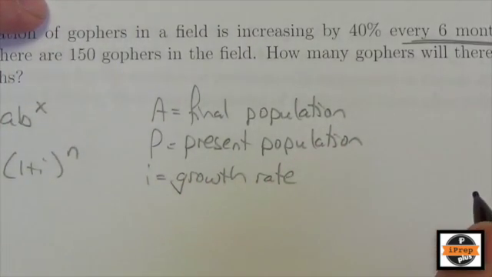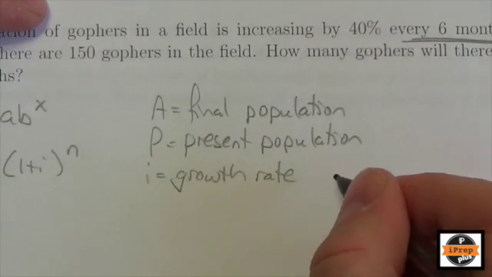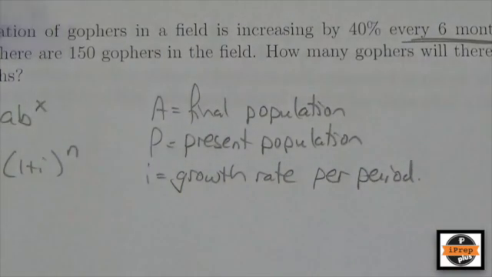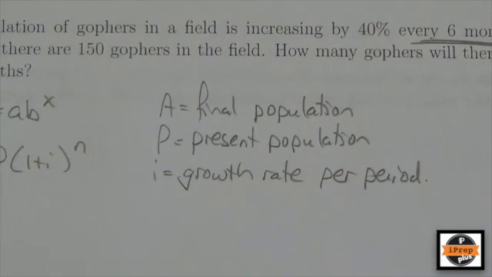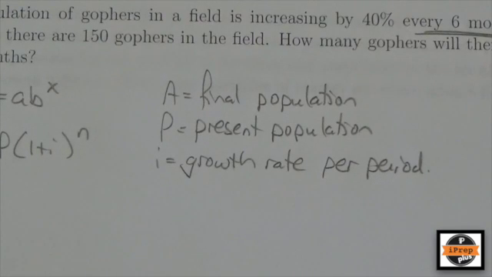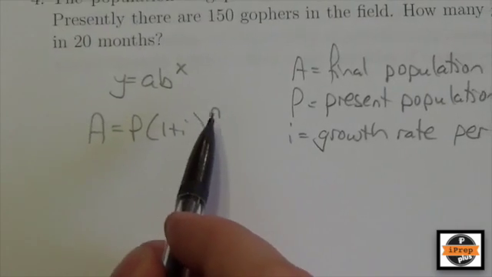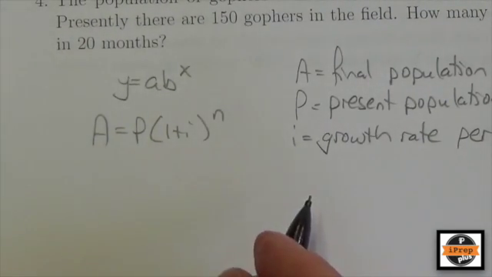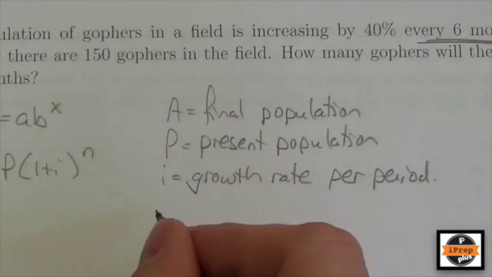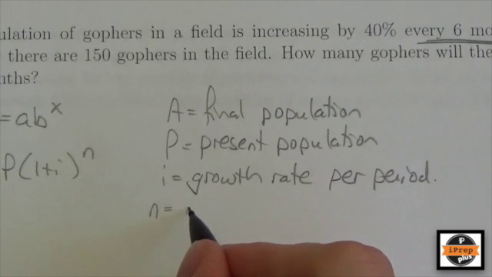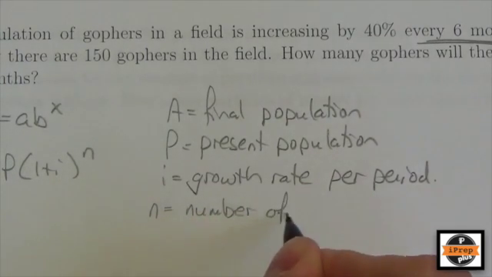Now, we don't typically call it a compounding period, but we might as well call this growth rate per period. The reason for that is population grows smoothly, continuously. When you're dealing with this in a bank situation, there's a time when they calculate and add, and that's a little bit different. And then n in this formula should be the number of compounding periods. Now, this is a little different for us here because we don't have these compounding periods, it's just the number of periods. So n should be the number of periods